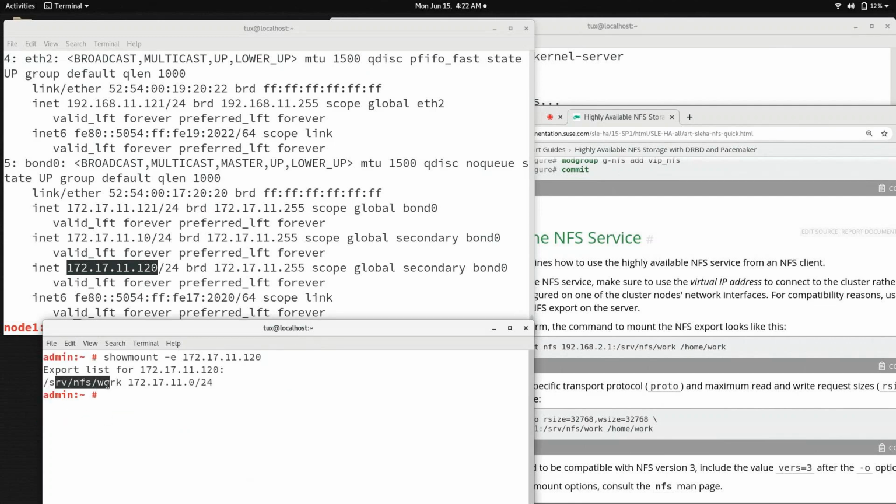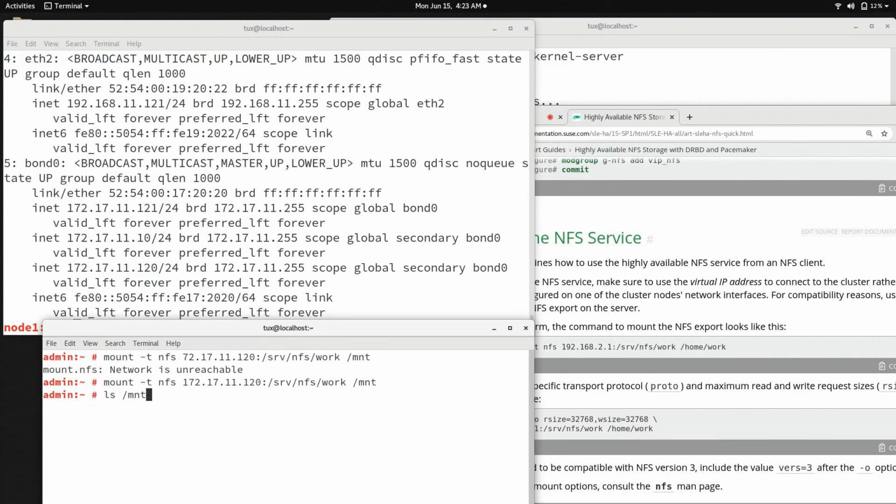Yes, I can see this directory is shared for everyone who belongs to this network. So mount -t nfs, and the IP address, this one, dot 120, colon, and then /srv/nfs/work, and where to mount, under /mnt. Oh, okay, it's not 72 only, it's 172.